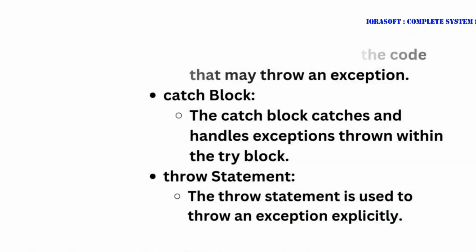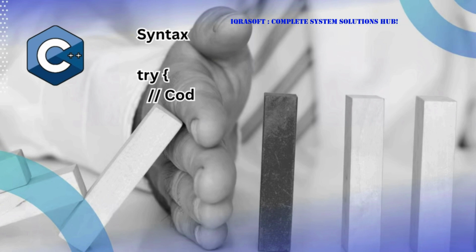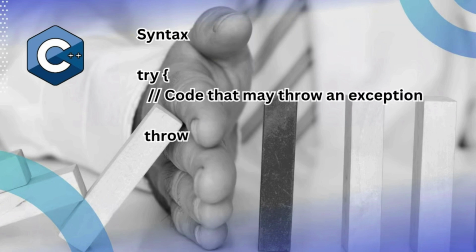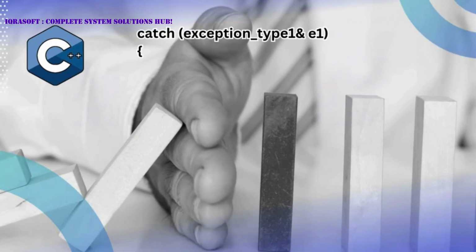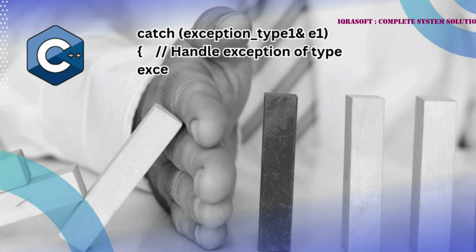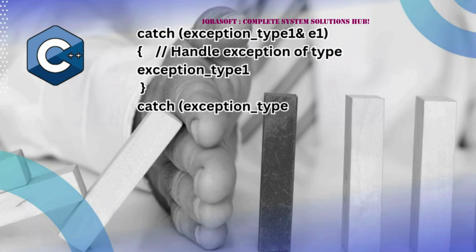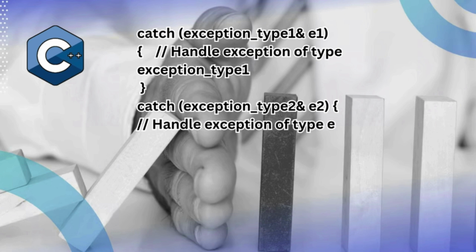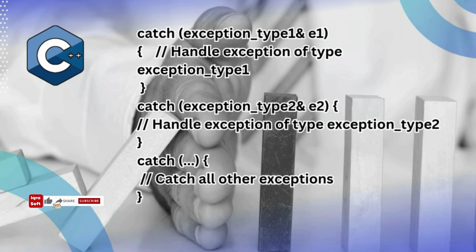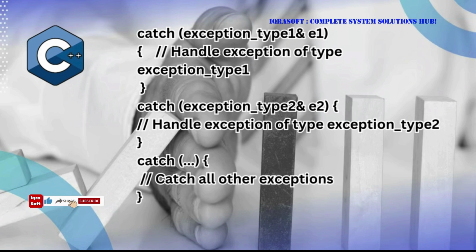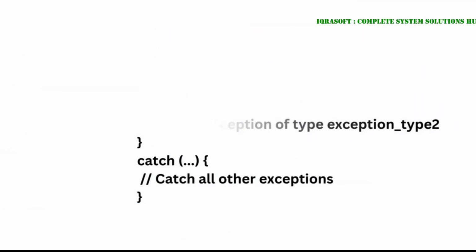exception explicitly. Syntax. try { // code that may throw an exception. throw exception; // throw an exception explicitly. } catch (exception_type1 &e1) { // handle exception of type exception_type1. } catch (exception_type2 &e2) { // handle exception of type exception_type2. } catch (...) { // catch all other exceptions. }